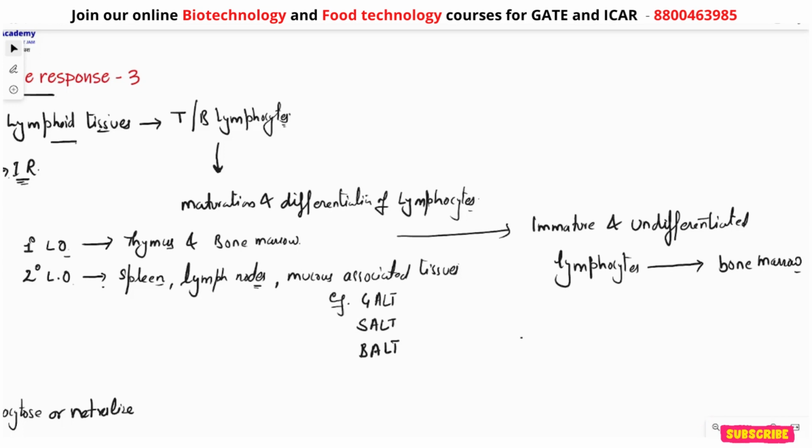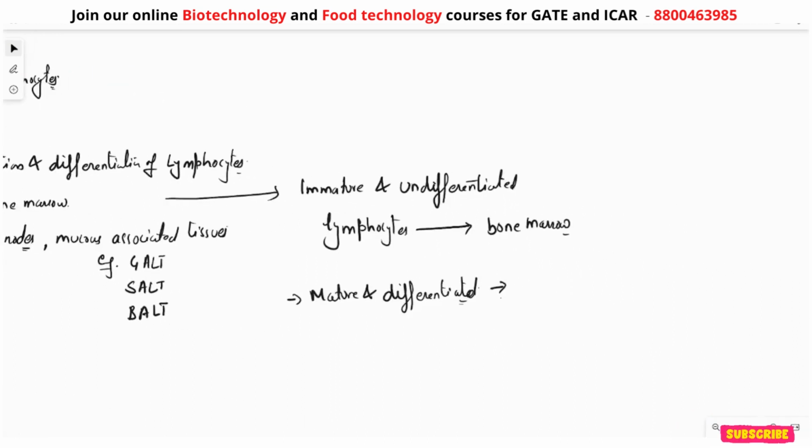But mature and differentiated cells are activated in the primary lymphoid organs. First primary lymphoid organ is your thymus,